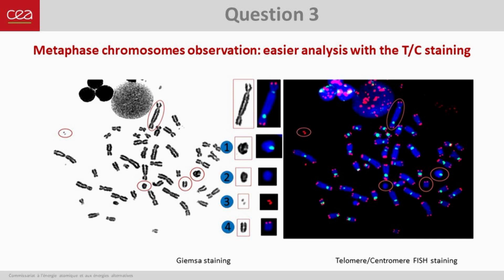The number 3 fragment contains 4 telomeres and so results from 2 double-strand breaks, while the number 4 fragment has only 2 telomeres and comes from a terminal deletion. The telomere and centromere staining just makes the analysis more informative with the scoring of all unstable chromosome aberrations and most likely provides more reliable dose estimates.